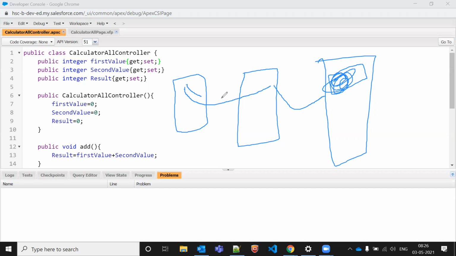First we are getting from the Apex class to the Visualforce page, and then we are adding some value inside the input field. I'm adding 12, so it means I'm setting some value. So it's a setter. Getter means from Apex class to Visualforce page. Setter means Visualforce page to Apex class. This getter setter is not available only in your Visualforce page. That is also applicable in Lightning component or Lightning Web component. Got it or not?